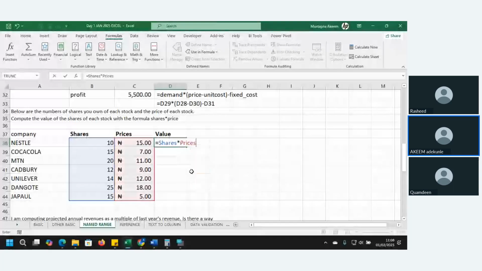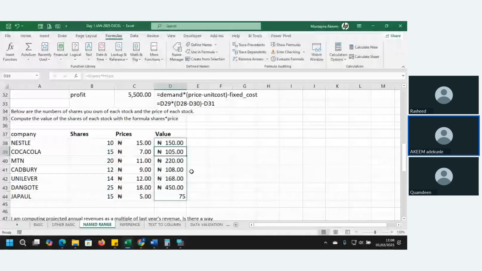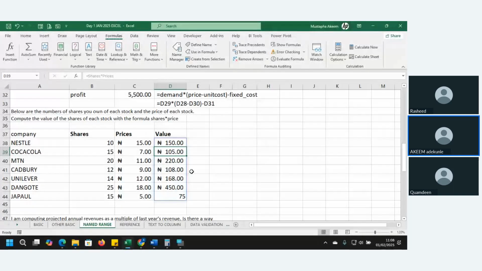You see how quick it is to use a named range to perform a formula in Excel. Multiply the two, and you quickly get the result by using equals shares multiplied by prices. Any question on that?